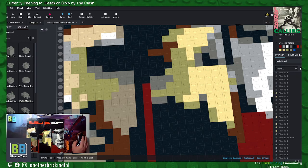Alright, let's see what he's got in olive green. 1x2, 1x1, 1x3s. He doesn't have many 1x4s. 2x2s, 2x4s. Okay, it's got a few, so if I make that a 2x2, that's doable. But 2x3 is not an option. And he only has 3 1x4s, so